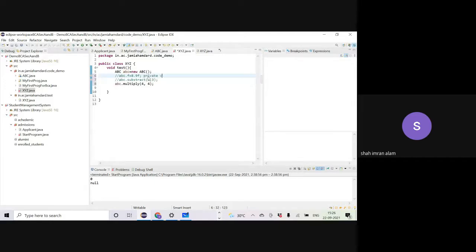Private variable is not visible outside ABC. Similarly, private method is not visible outside ABC. ठीक है?